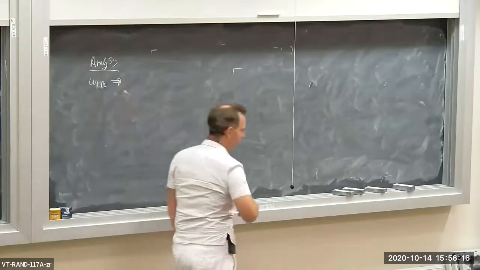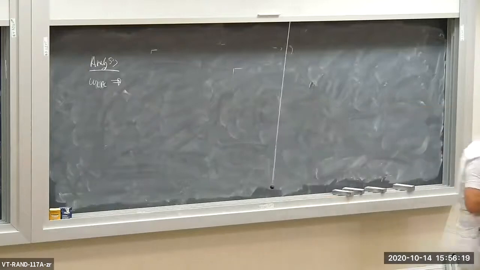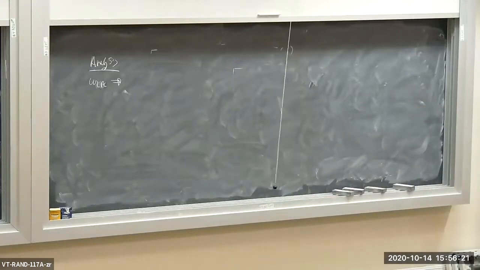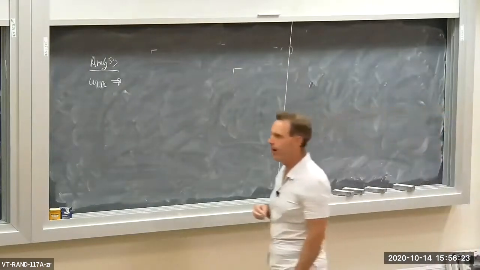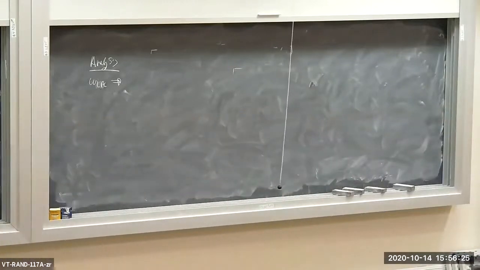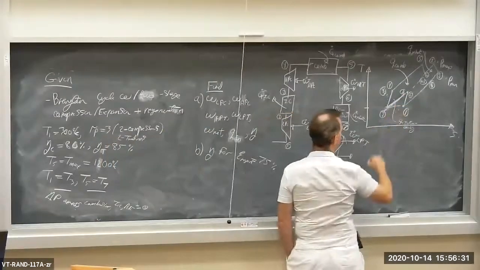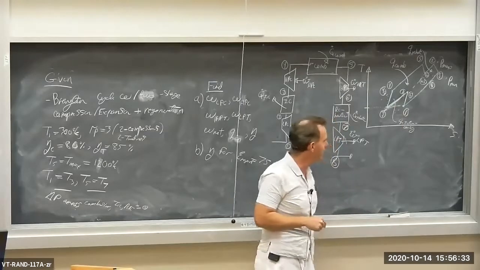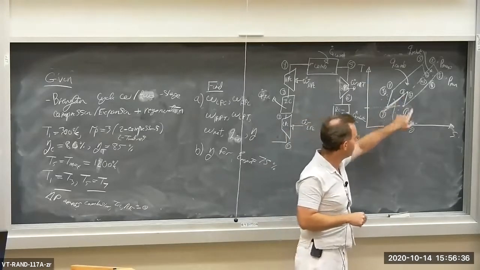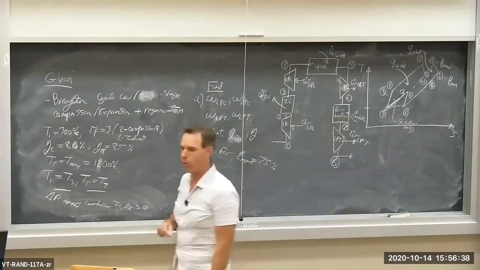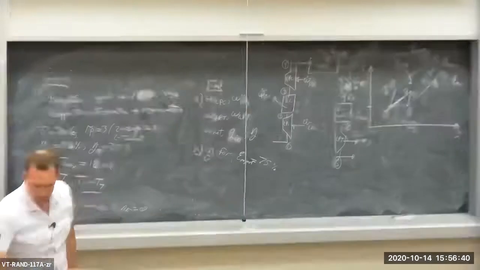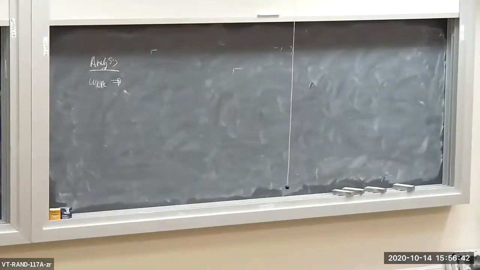Well, we're going to run into the same problem we had on the last example we did. I don't know anything about state 2, so I don't have a specific enthalpy at state 2. So when I apply the energy balance, I can't get the difference between h2 and h1, which would give me the specific work. So we're going to have to use the definition of isentropic efficiency to get